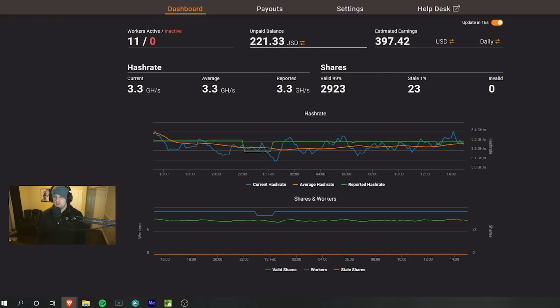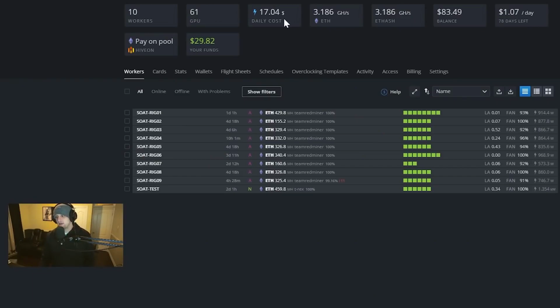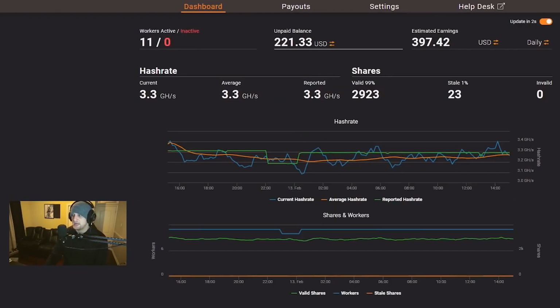If you go ahead and go back to our Hive OS, you can see that our projected daily cost of power is $17.04. This is not always accurate, and I am a little bit above this. However, let's just go for sake of argument and say that we are paying about 20 bucks a day in power. So that would put us at